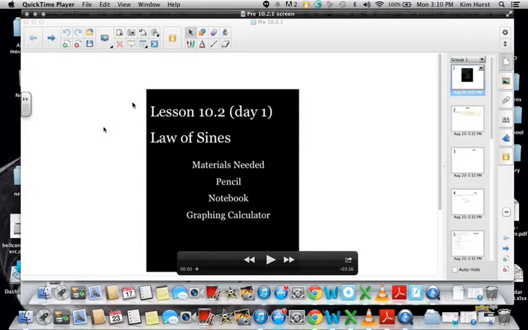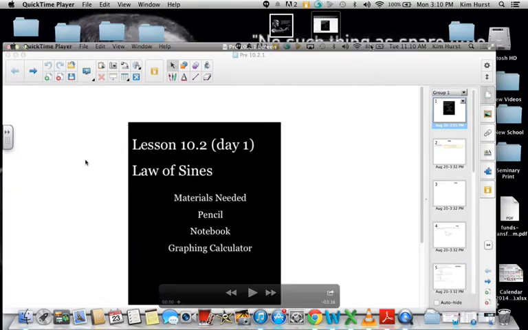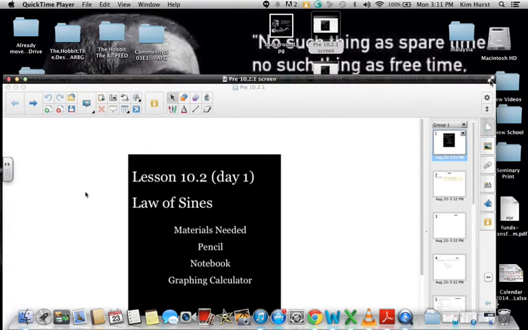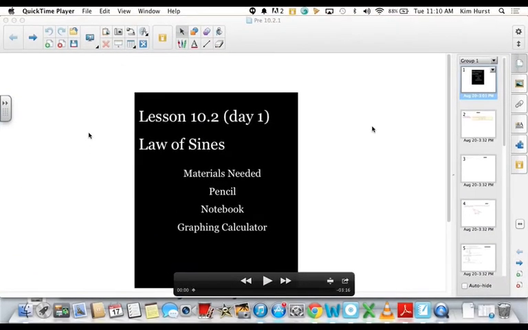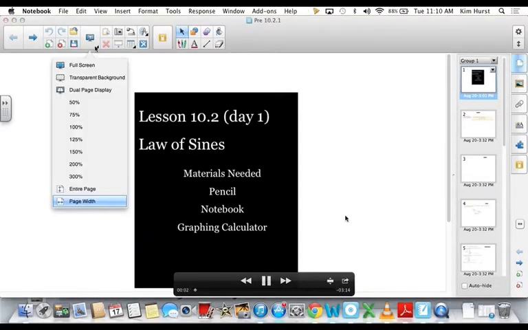Okay, so we're almost done with this unit. We have 2 lessons in section 10.2, so we have 10.2.1 and 10.2.2. This lesson's a little bit longer because it covers quite a bit of material, but the second one is not very difficult. So the law of sines,